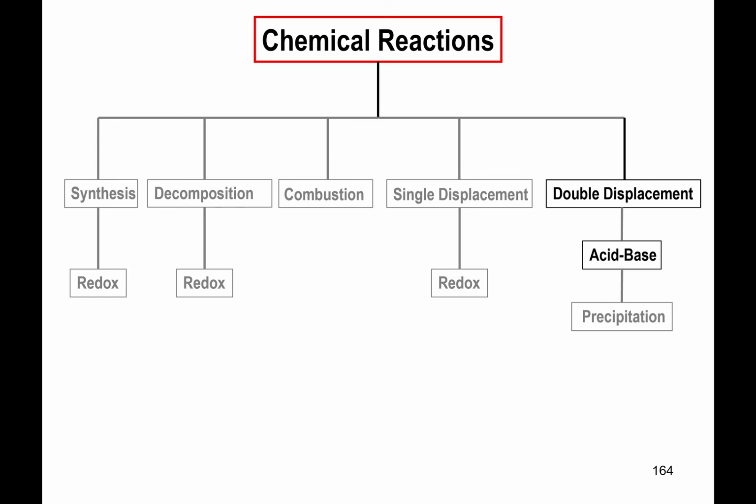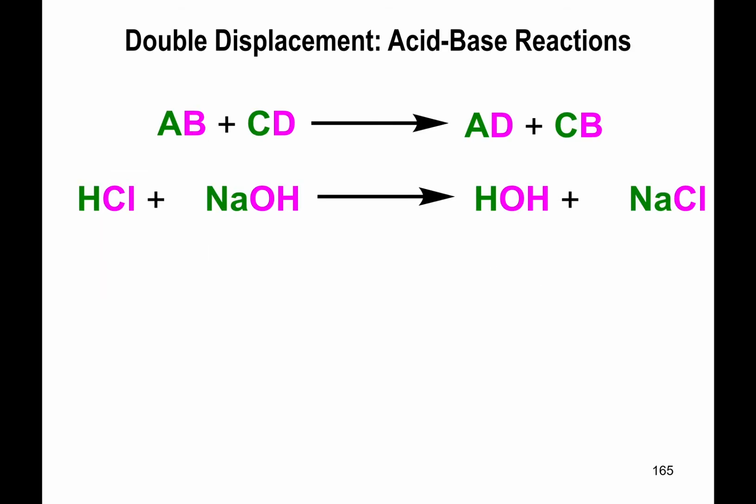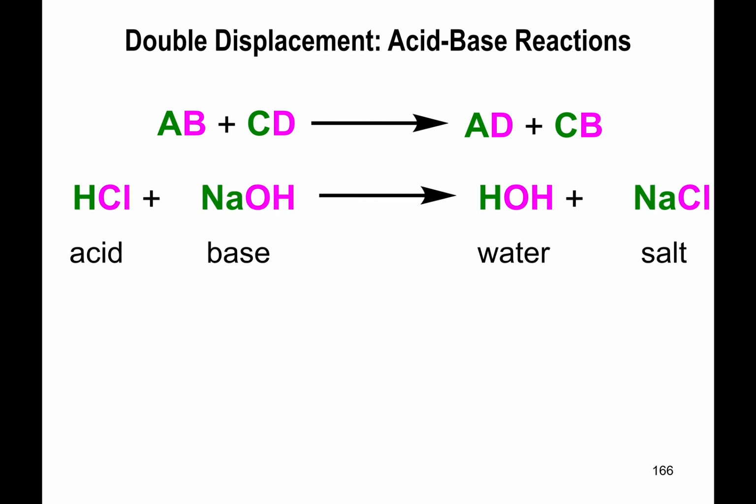Acid-base reactions. This is a subcategory of double displacement reactions themselves, but it uses acids and bases as reactants. Alright, now, a typical example includes hydrochloric acid being mixed with sodium hydroxide. The key premise is that one of these substances is an acid, and by now, hopefully, you do know that